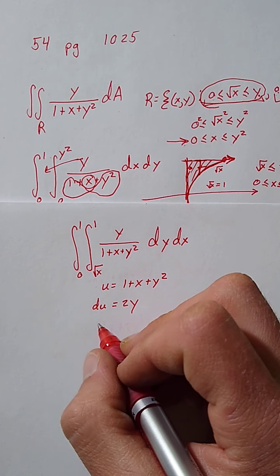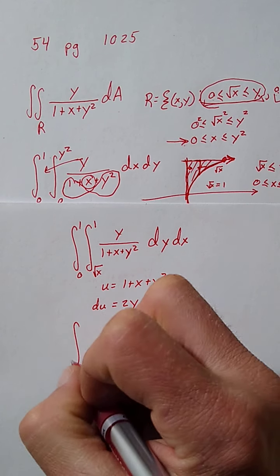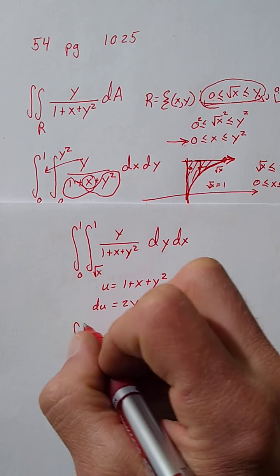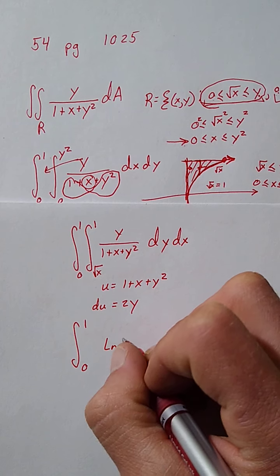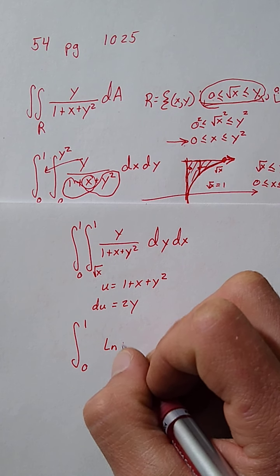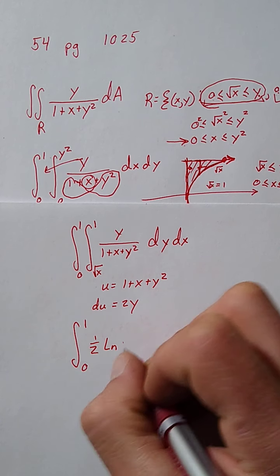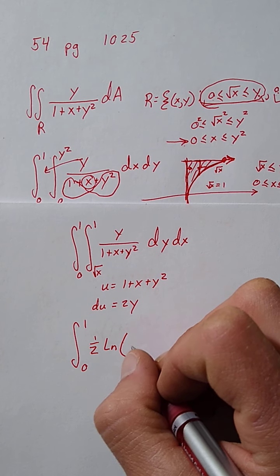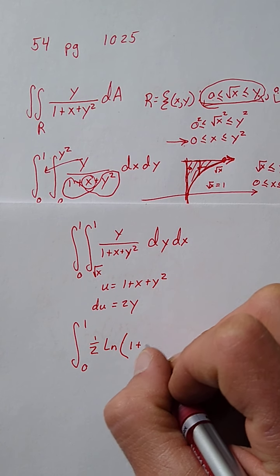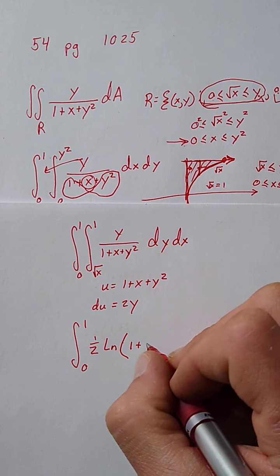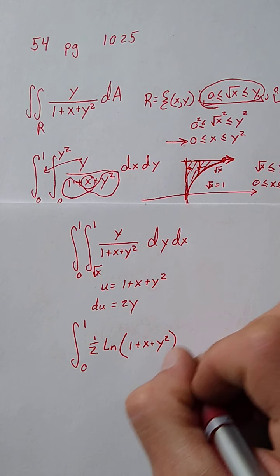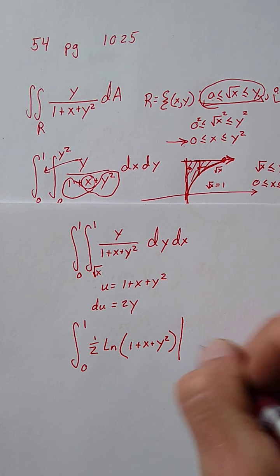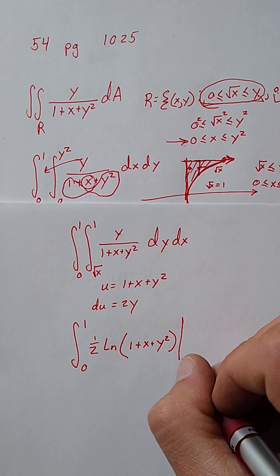And when we end up doing this, we get the integral from 0 to 1 of 1/2 the natural log of 1 plus x plus y squared evaluated at the